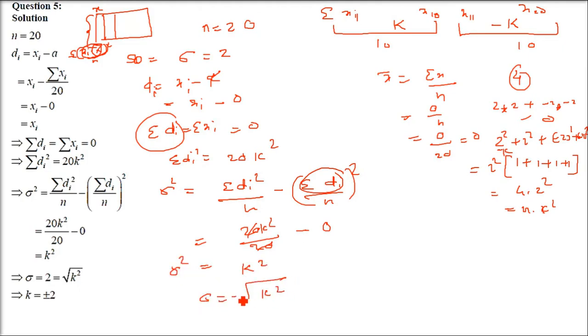So sigma equals k plus minus, or k is equal to plus minus sigma. Both are the same way of expressing. But the question is asking about k. What is k? Since we have sigma square equals k square, and sigma is already given in the question, the standard deviation in the question is 2. If the standard deviation of the observation is 2, then write the value of k. So the sigma is 2. So what do you get? K square is 4. K is plus minus 2 now.